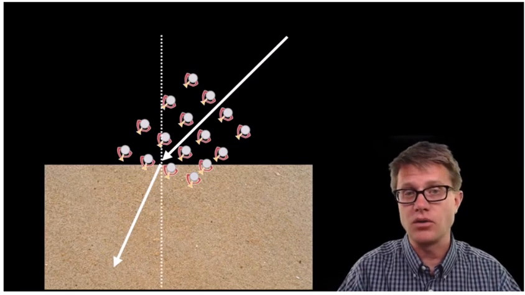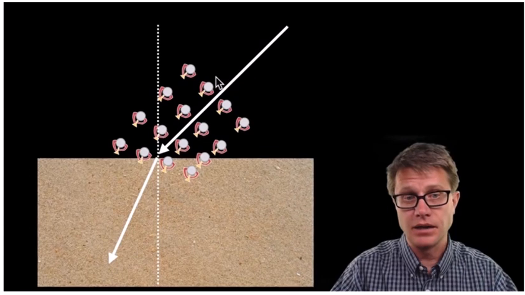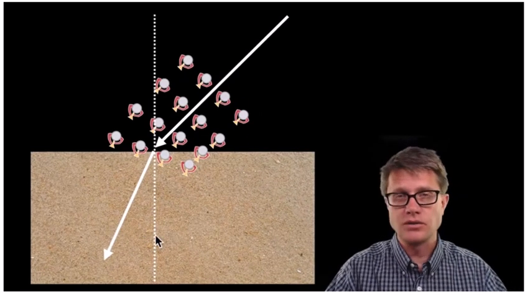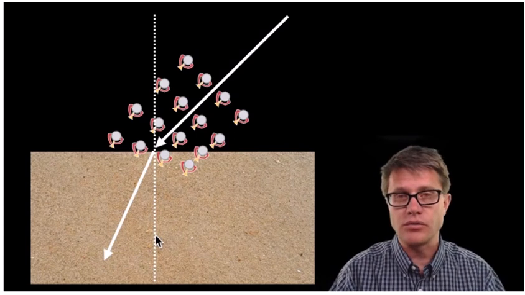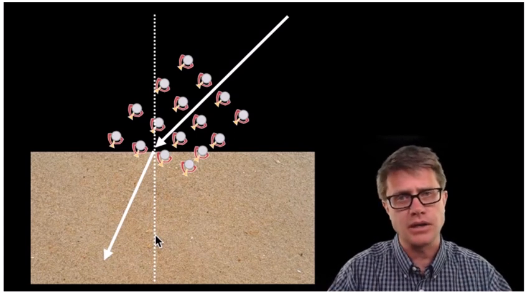If I put in that normal right here, what happened? This is our angle of incidence, so it's big. What happens to our angle of refraction? It's going to be small. In other words, it's approaching that normal. So when you're looking at problems with refraction, you always want to imagine that marching band in your head and figure out which way it's going to go.